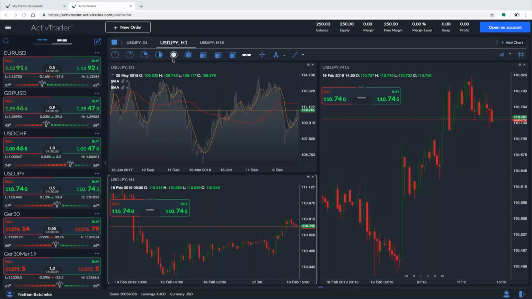I find it most effective when I see heavy positioning the other way from the trend. For example, I like to trade the euro US dollar. I will typically like to see traders being net short before I enter in that market. So you can see on a variety of instruments there,